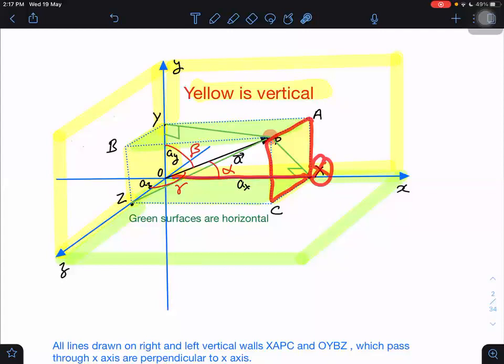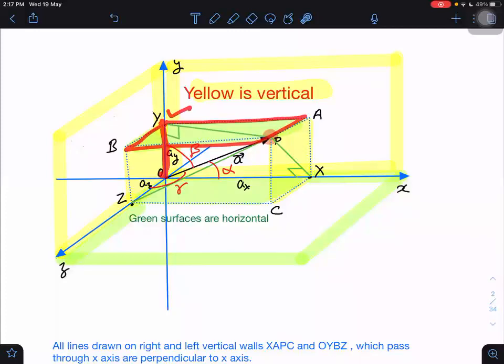So what is its x component then? Ax is its x component. What is its y component? Similarly, if I take this plane, it is cutting the y-axis. So this O to y distance is the y component. What is the z component? O to z similarly is the z component. So these three will be the components.